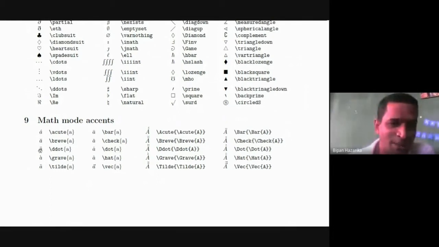If you want a double dot above A, write ddot A. Grave gives another direction. Tilde A gives a tilde like this. For a vector, vec A gives this vector symbol. Hat A gives a hat symbol. Like that, different types of math modes.